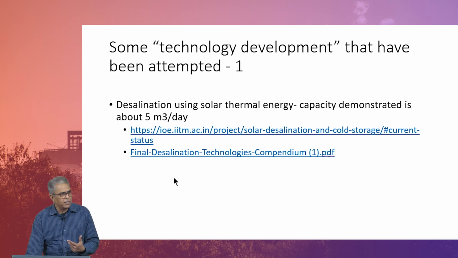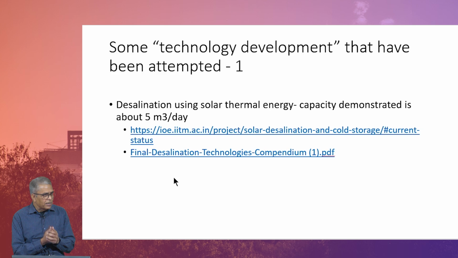So, this project was set up, and the objective as claimed by the project authorities is to develop solar based desalination water. If they had stopped there, I have no problem. But if they are saying this is going to solve the problem of water availability, affordable for a large population, only in that context will I comment. As an idea, any idea is a good idea. So, we will spend some time in the next class on this,